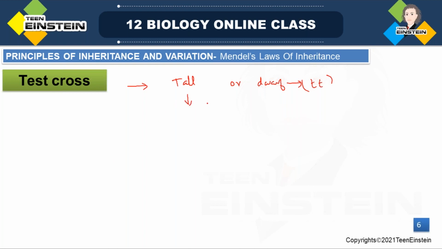But by seeing a tall plant, how can we say whether it is homozygous tall or heterozygous tall? Okay, both are there, right? For both conditions, it will express as tall plant only. So we can't tell whether it is homozygous tall. This homozygous condition also expresses tall. This heterozygous, here also one dominant allele is present, right? So it will express as tall only. It will never express as dwarf plant. This will form a tall plant only because there is a presence of dominant allele.